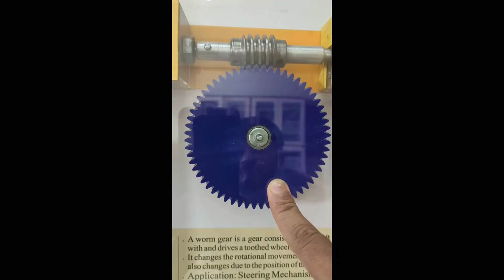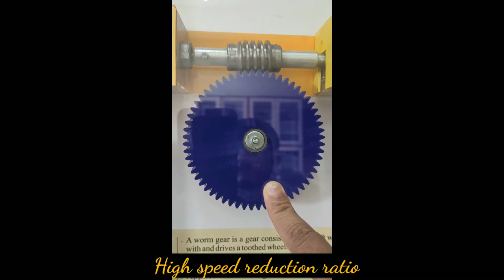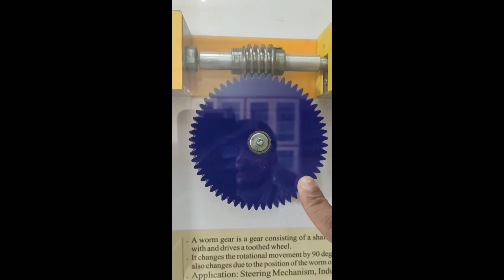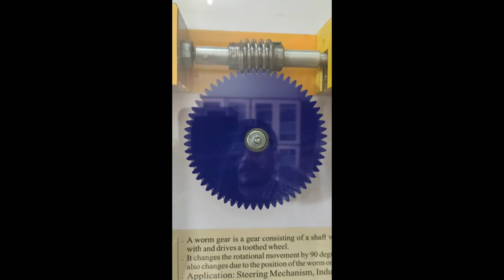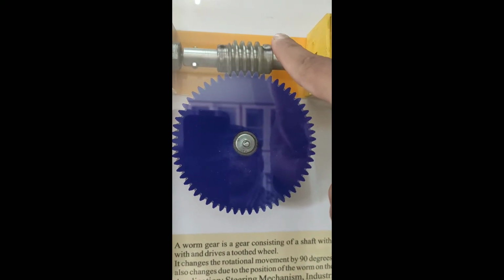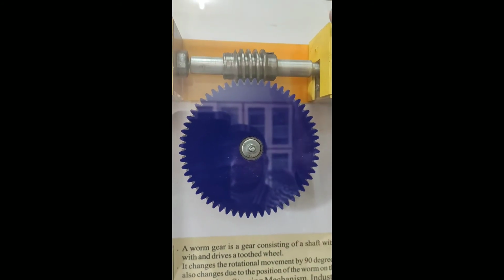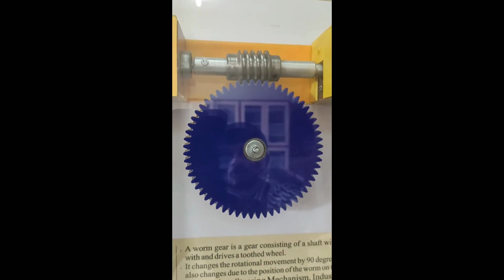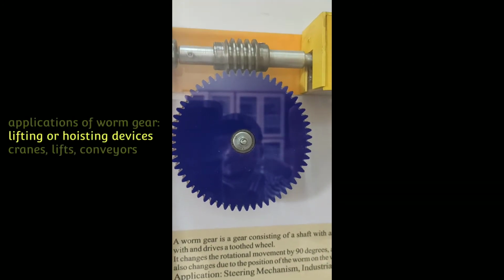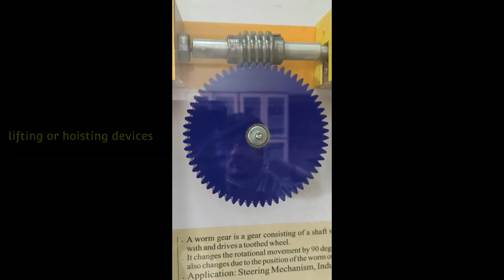So this is a worm and wheel arrangement. Gear speed reduction up to 300:1 can be achieved with this arrangement. The important thing here is that we can transmit power or motion in only one direction, from worm to wheel. We cannot transmit motion or power from wheel to worm. So it has an anti-locking property, and due to this property, it is used in hoist cranes where transmission of motion in only one direction is required.